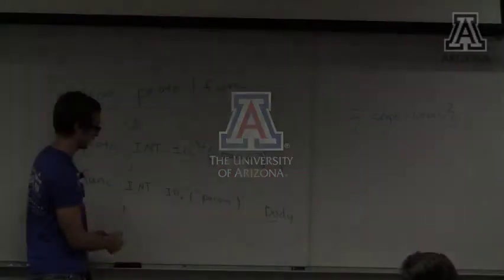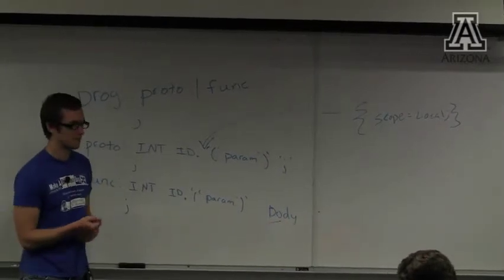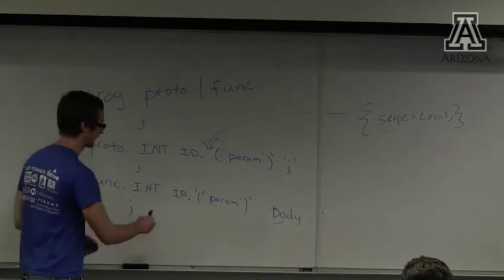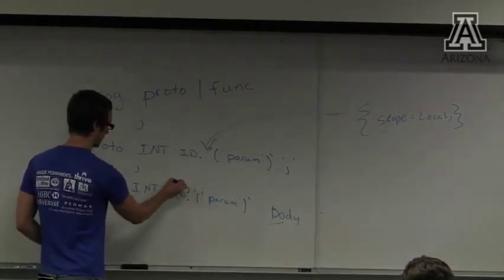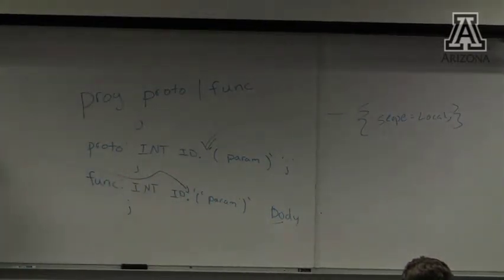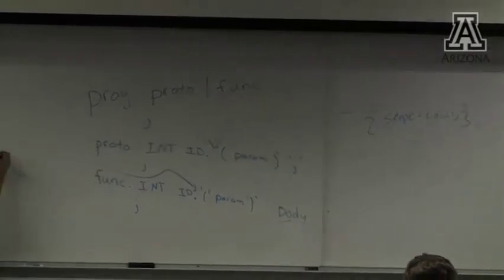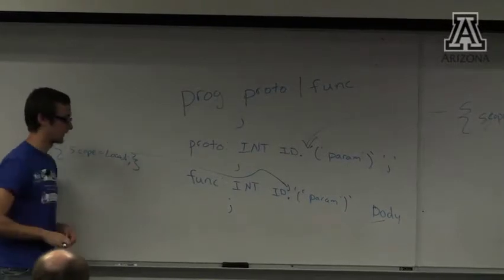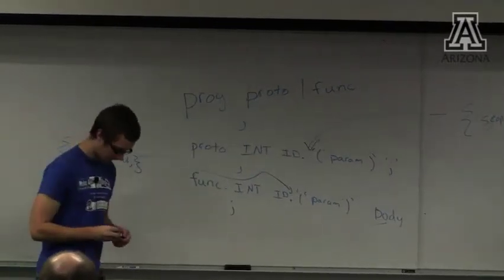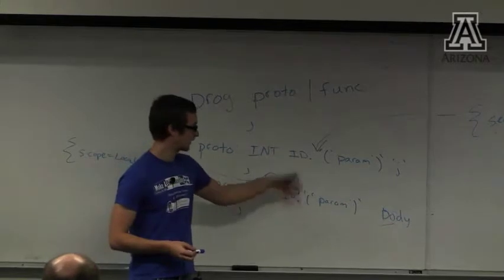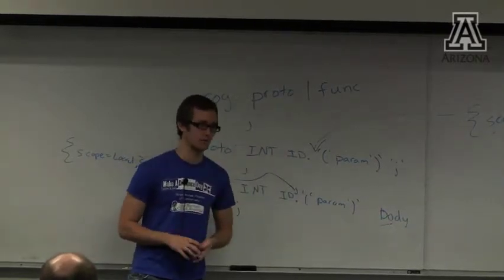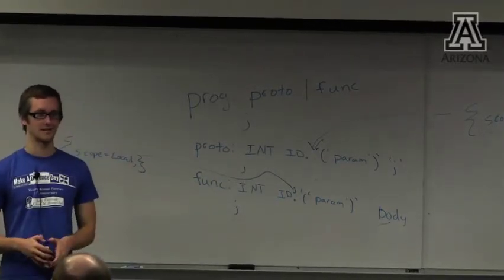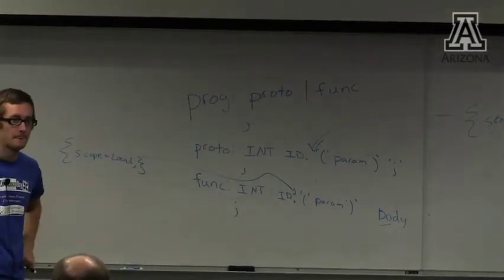To solve this, you're like, well, maybe it's reasonable that scope is local for a function as well, right? So here, you do the same thing. You're like, once you've seen the ID, for either one, scope's going to be local. Does this fix our problem? Diana?